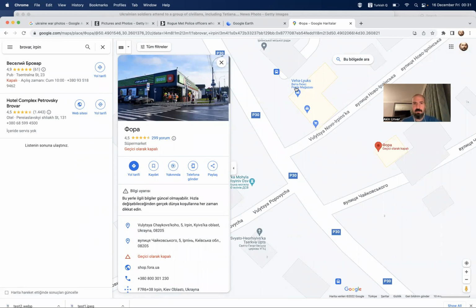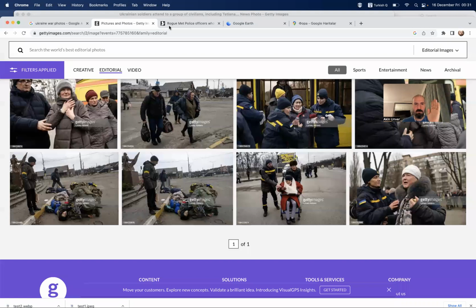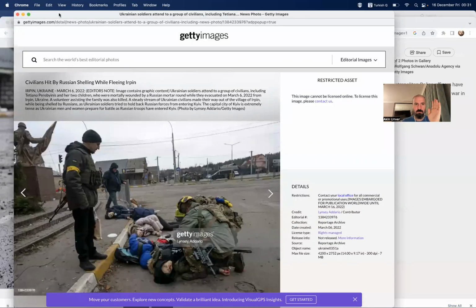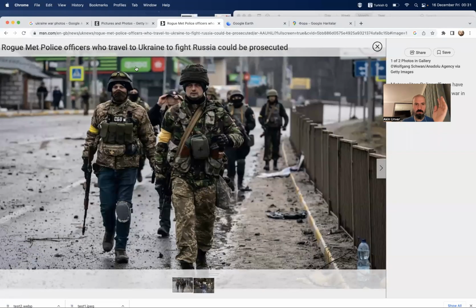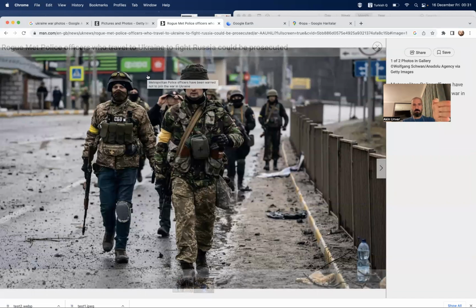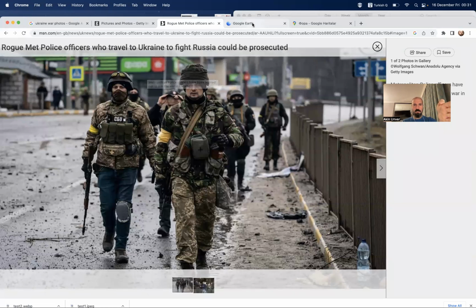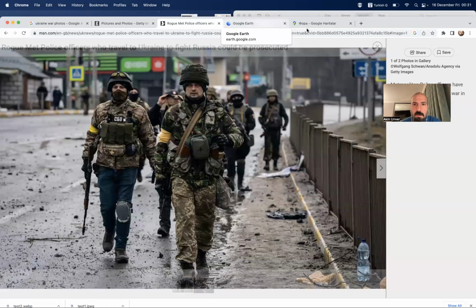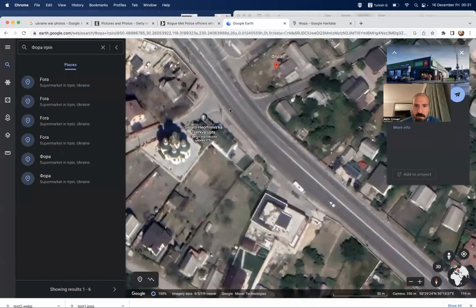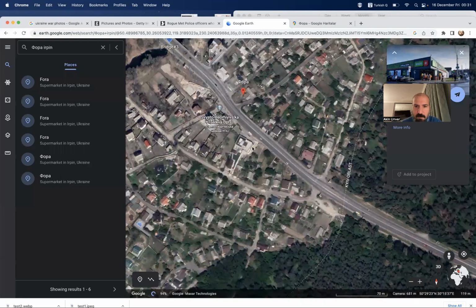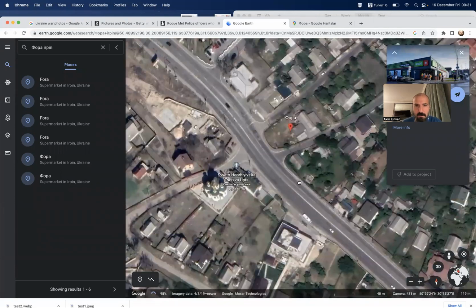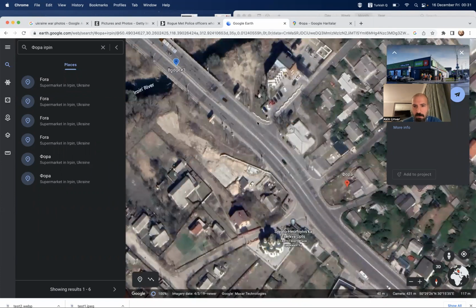And since Broar is right across, so since Fora is here, then it means that this photo was taken around here,